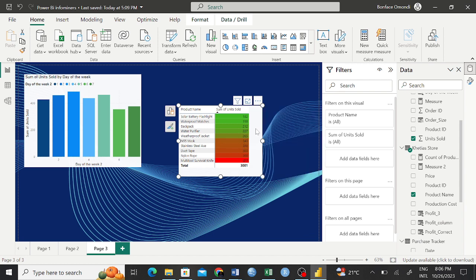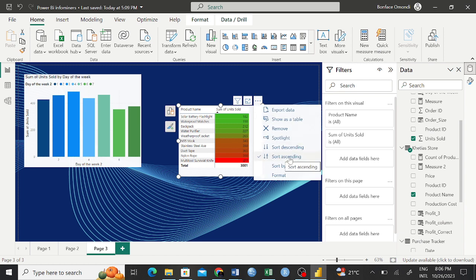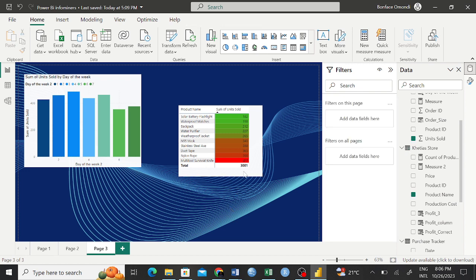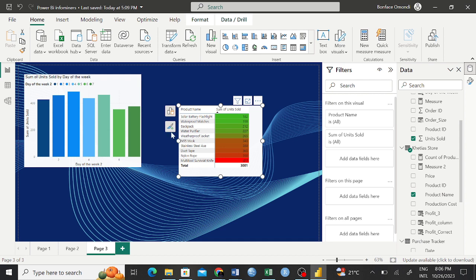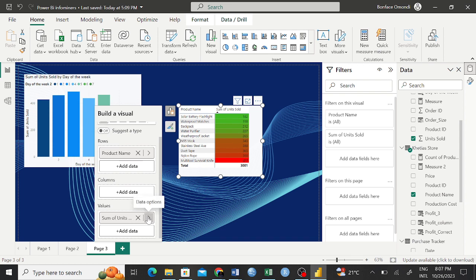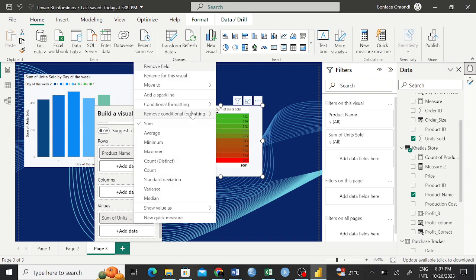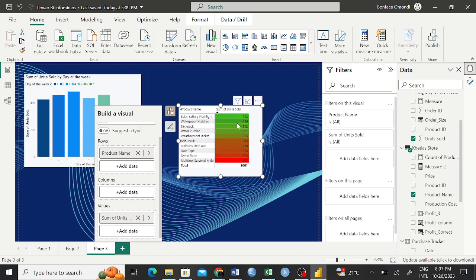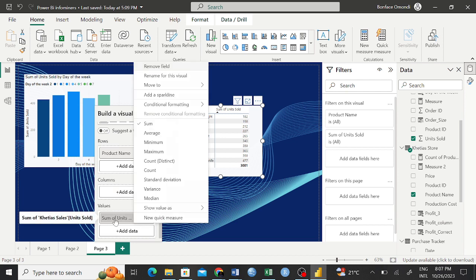If you just click your table and there are these three dots here, you can see there's sort ascending, right? Okay, so that's that. I wanted to remove this conditional formatting that we have here. Okay, Eric, I see you're okay. If you just right click again on the values and then remove the background color, because that is what you started with. Okay, we can go back and do another conditional formatting